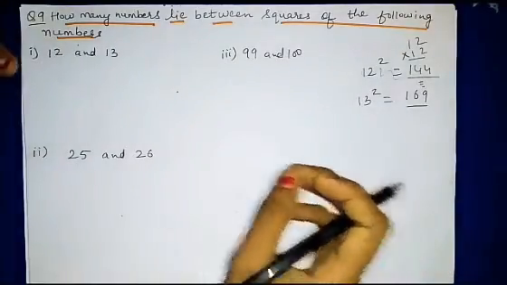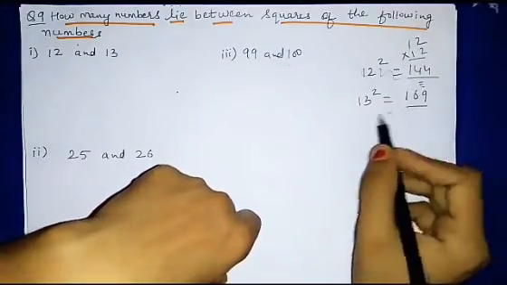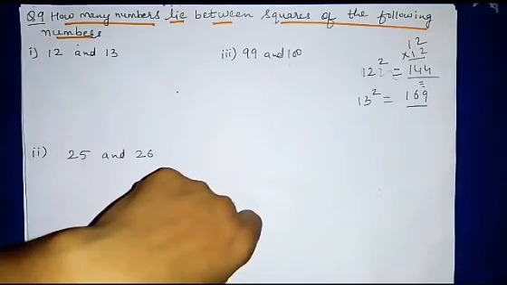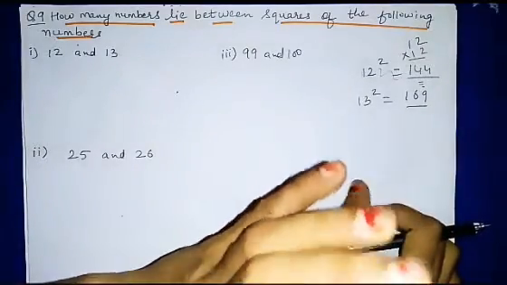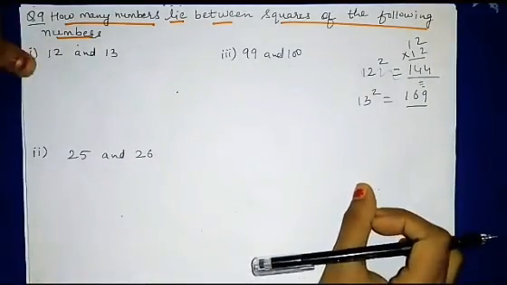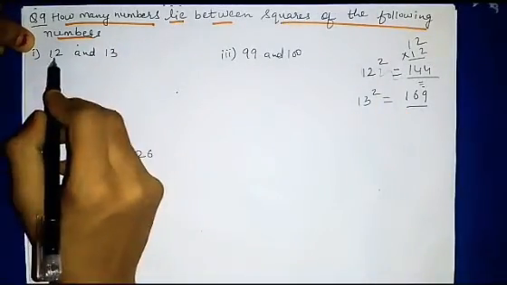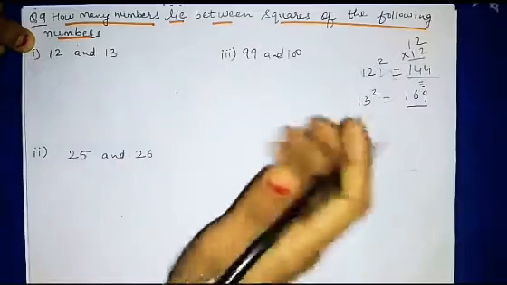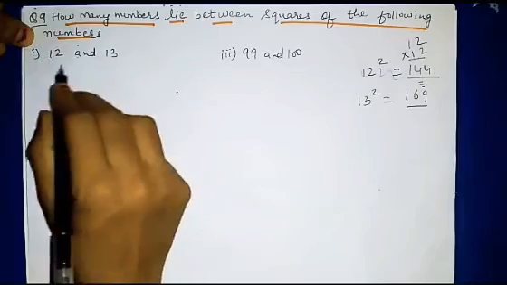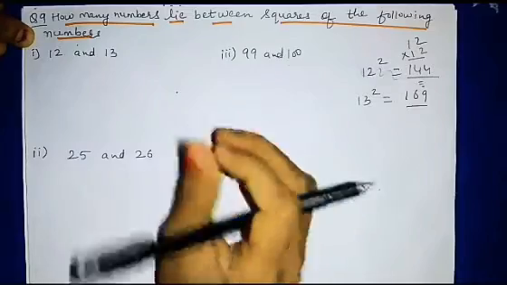Okay, so first of all, you can square and write all the numbers from 144 to 169 and then count. But that will be a very long and time consuming method. So there is another shortcut method for this. Again, we have seen the properties of square numbers. Whenever they ask how many numbers lie between the squares of any two numbers, first of all, the numbers should be in a sequence, for example 12 and 13. They are consecutive numbers. If such numbers are given, then there is an easy shortcut.